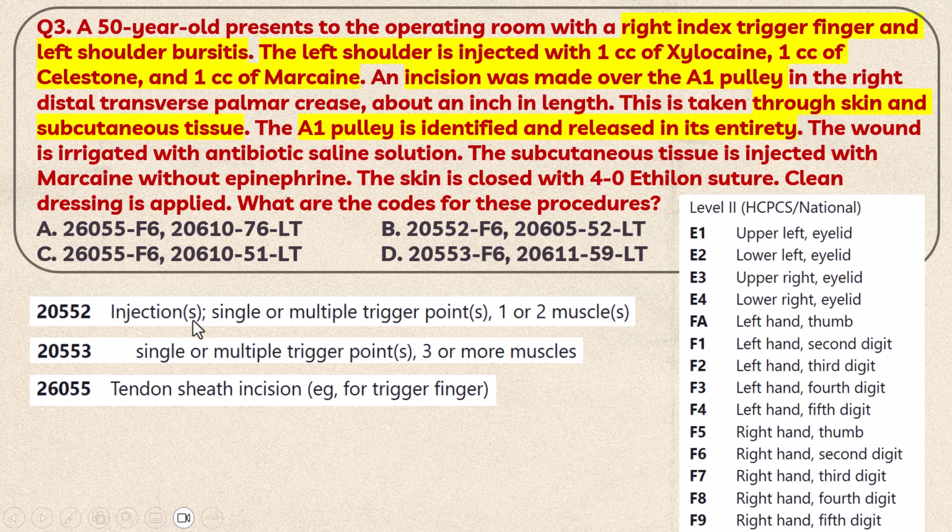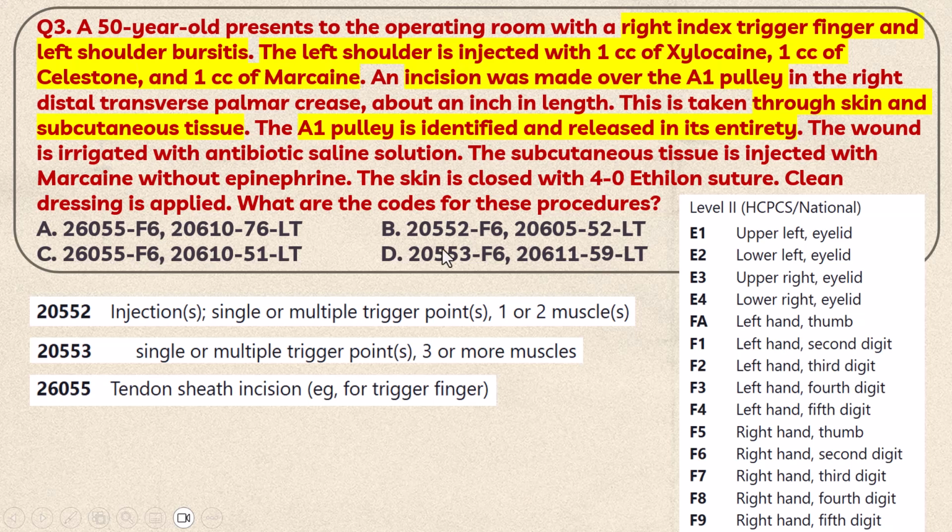First one is single, second one is multiple. But 26055 is tendon sheath. So to release the right index trigger finger, an incision is made. So for the incision, you have to give the answer 26055. And regarding the modifier, in this answer there's no confusion because only one modifier is used, that is